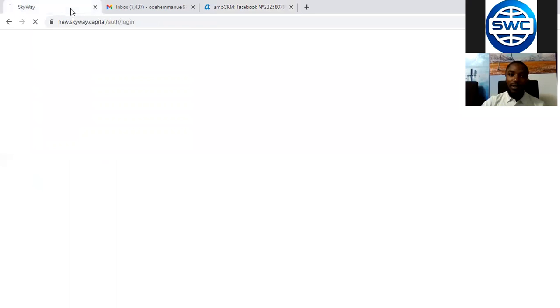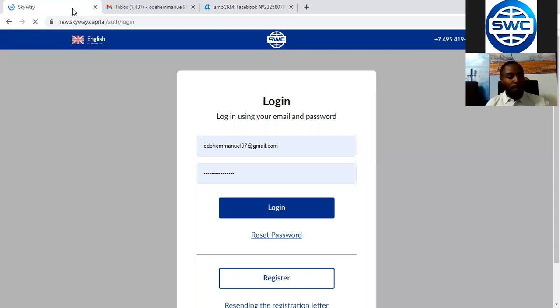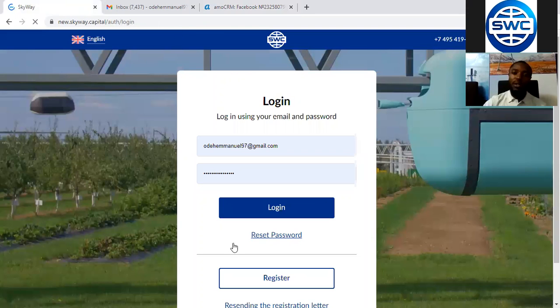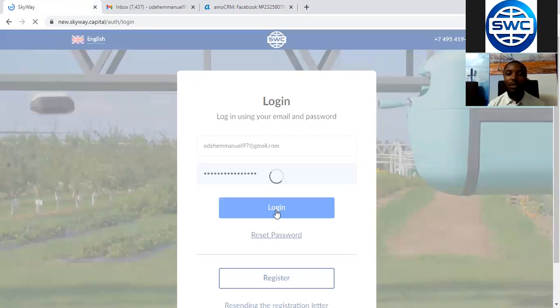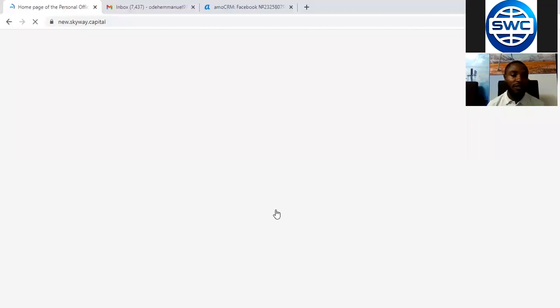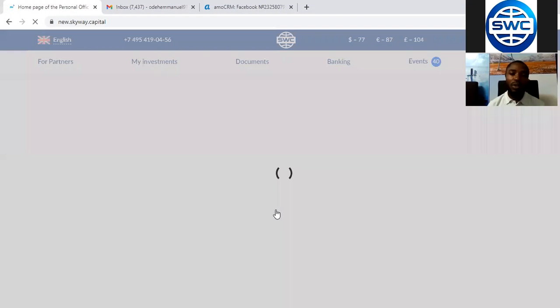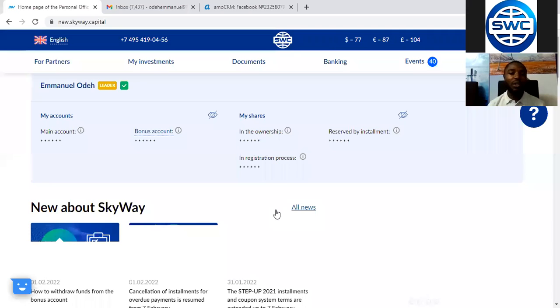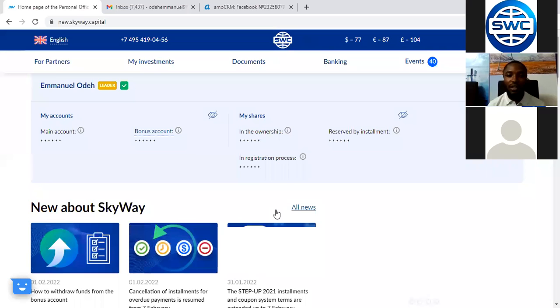So if you want to share information with your prospect, there is plenty and plenty of information on your back office. And some of us have not even gone through all of this information on the back office. There is very plenty of it. On your back office, you receive information daily about the progress of the technology. On the back office, you get your document. On the back office, you can do banking transactions. On the back office, you see events coming up from the company.